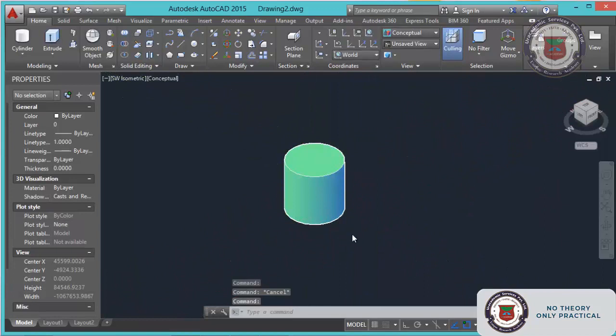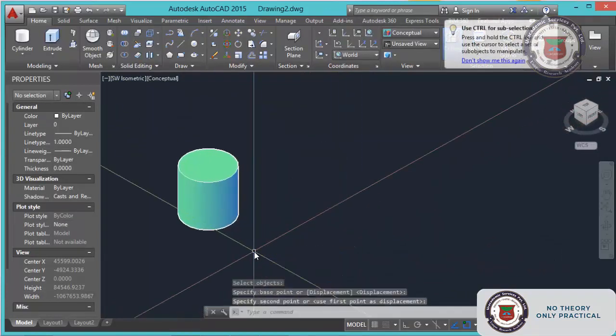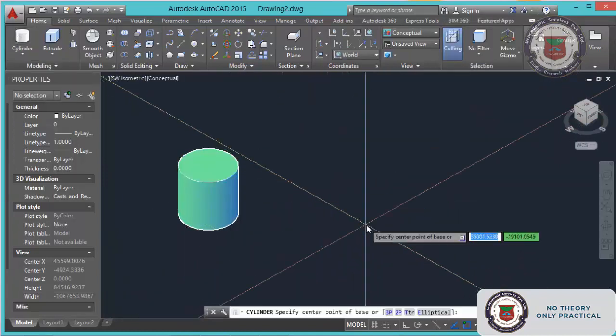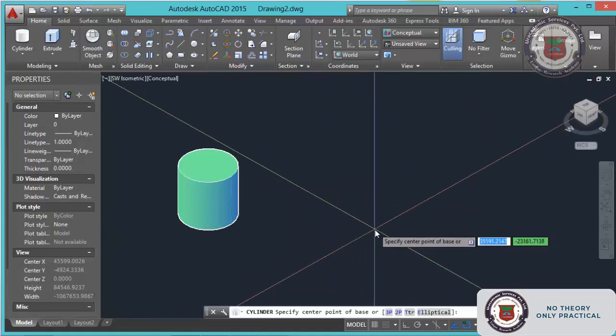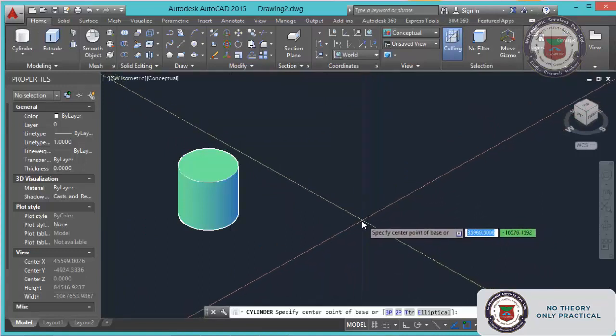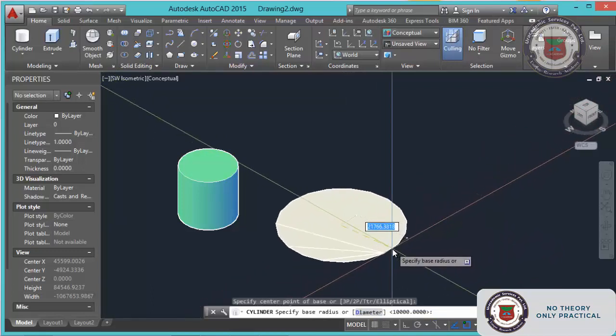One more time I am doing it. This is one cylinder. Another cylinder we will do. Just click on the cylinder command. It will ask you to specify the center point of base. Just give it, and it will ask the radius.